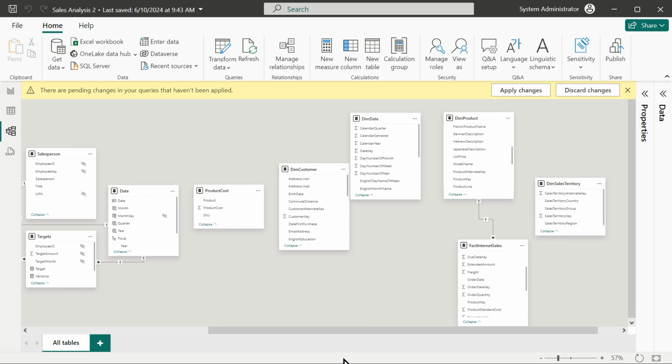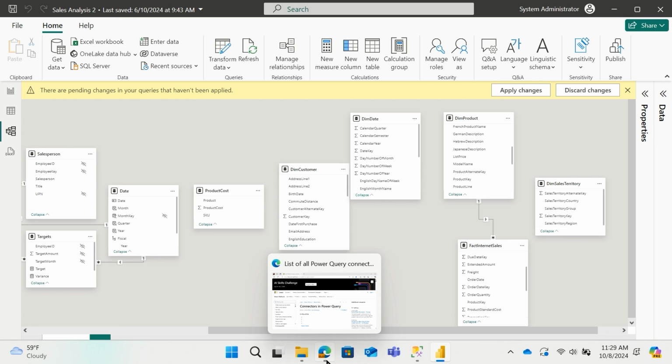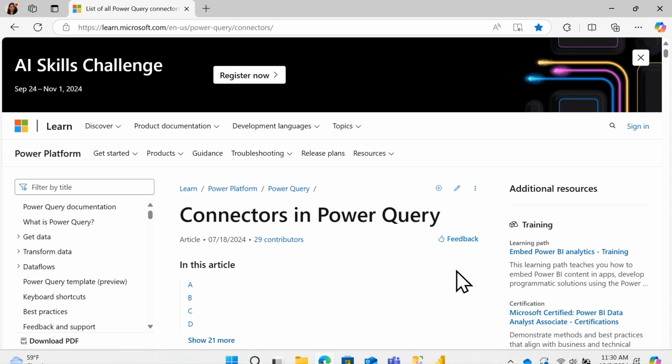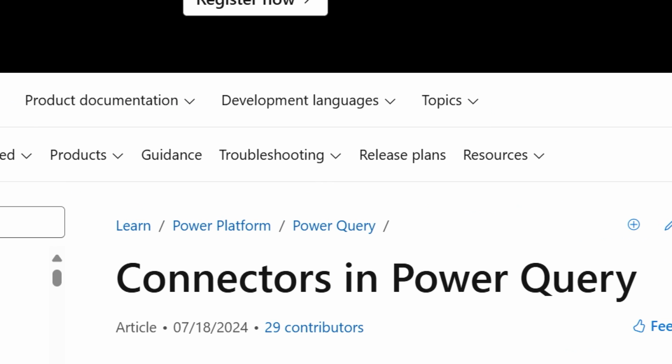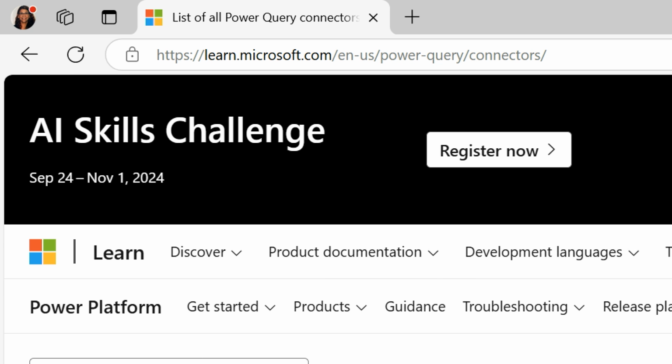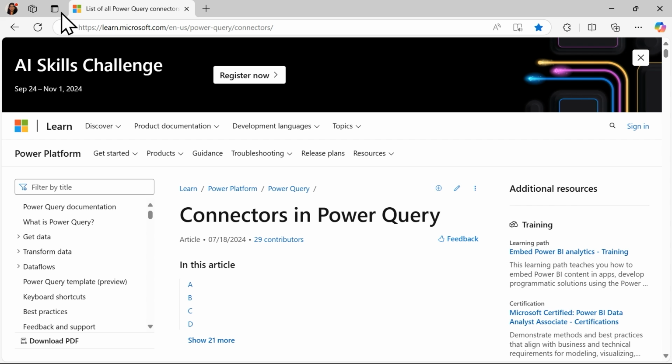Now there are a few more things I want to talk about, in particular related to connectors that you can use. I mentioned 190 of them, but I want to give you a resource that might make it easier to see what can connect to what. Here's the URL for it right here, and this will show you some of the connectors that we have for Power BI.